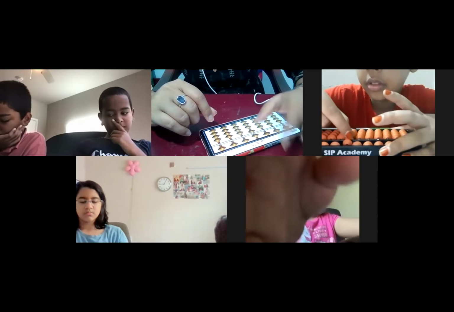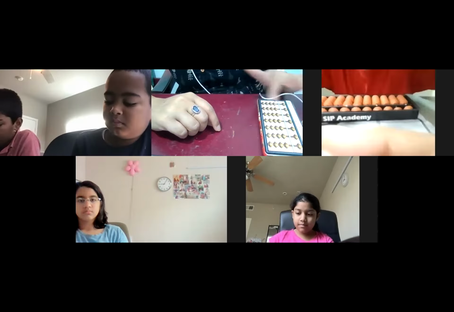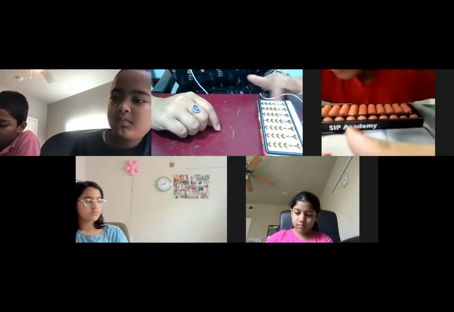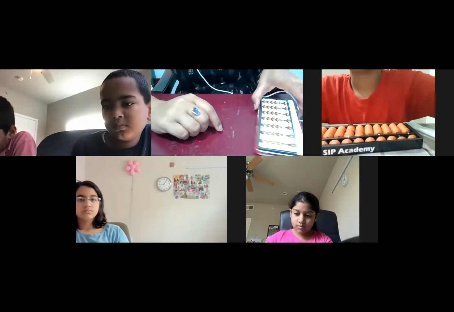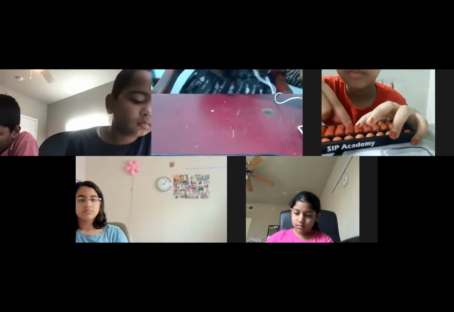This is 1, 0, 10. 1 on 10's rod, 0 bead on 1's rod. This is 1, 0, 10. Then 1, 1, 11. Make numbers with me. See, I am making on my tool 1, 1, 11. 1, 2, 12. 1, 3, 13. 1, 4, 14. Okay, now I told you the finger movement.